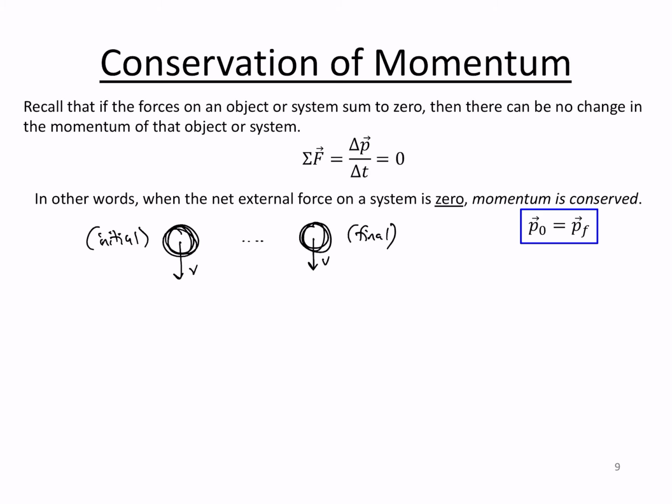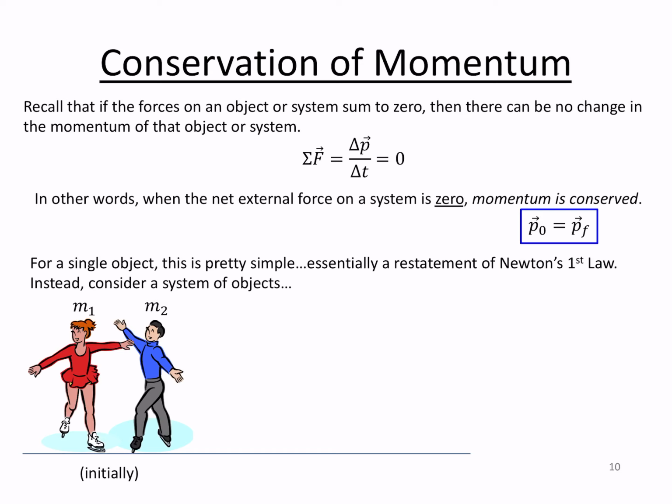Okay, but beyond that, it's not a particularly useful tool, just sort of restating something we already knew in terms of momentum. However, if you take a system of two objects, like I've written down here in clip art form, and you imagine an ice dancing pair here, and they're about to do one of those things where they push off of one another, and then they're going to glide for some time, and then do a bunch of tricks or something like that. Whatever. Okay, what we're going to look at is this being the initial state, where they're just getting ready to push off of one another. And then we're going to look at the final state just after they come out of